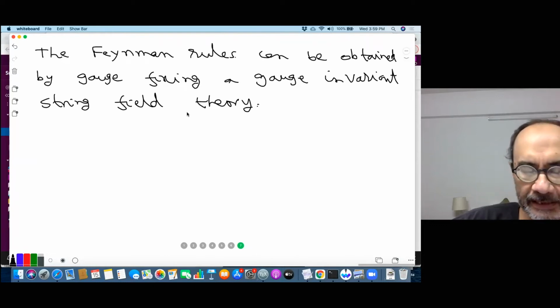And once you understand this, but as I said, I'm not going to discuss this. But once you accept this, that these Feynman rules actually follow from gauge fixing a gauge invariant string field theory,